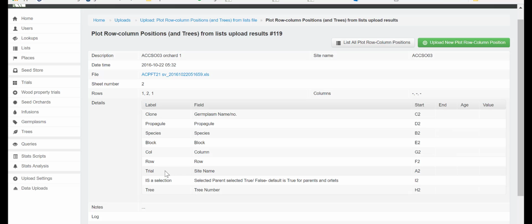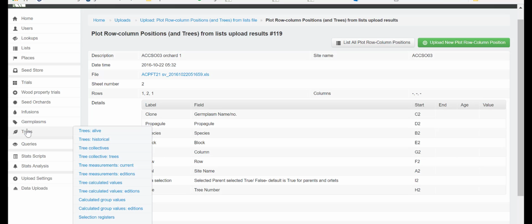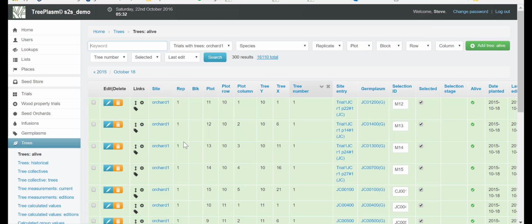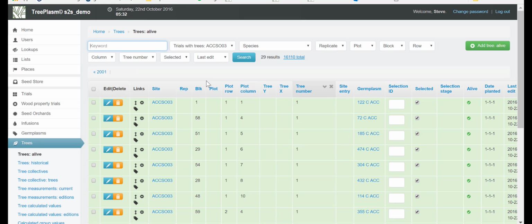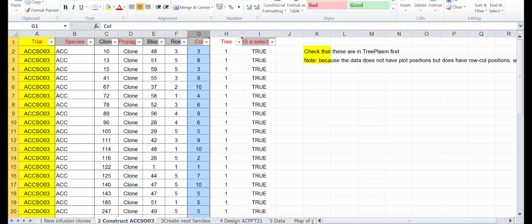Okay, no complaints, it's done it. Let's go and have a look if we can find those trees for that orchard. Let's look for our new one and filter on it. And there it is, and there it says there 29. If we go to our spreadsheet,